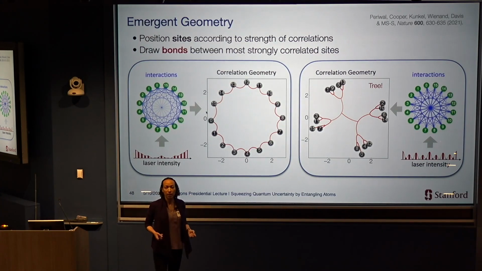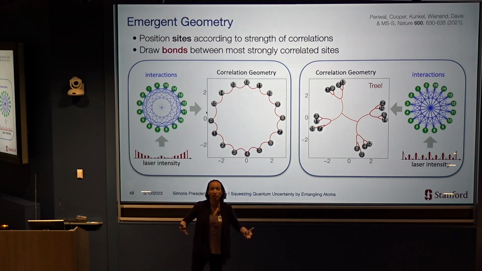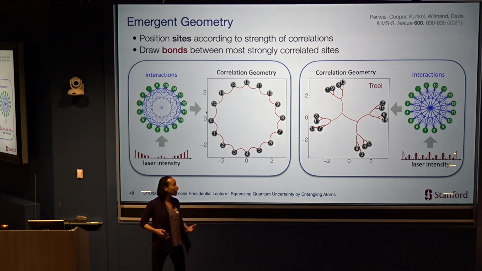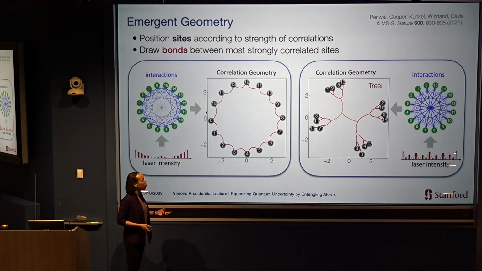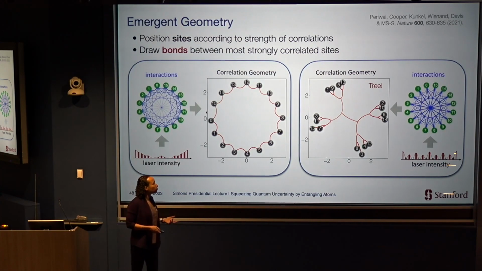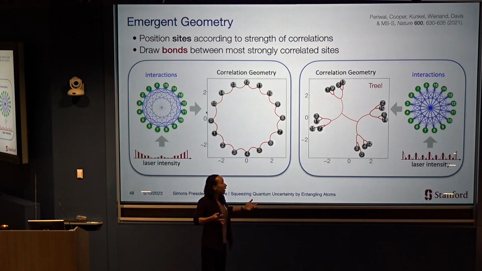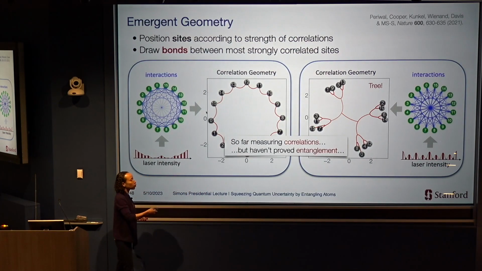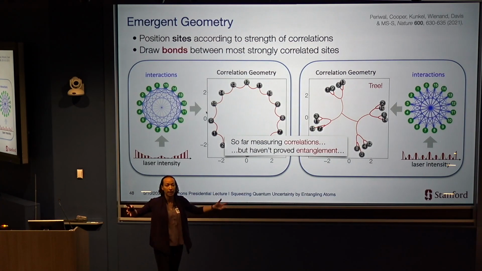So this is, to me as an experimentalist, this helped me sort of appreciate this notion of what it might mean for curved space and perhaps even gravity to emerge from quantum mechanics. Now, the conjecture is that gravity might really emerge from entanglement. So far, I haven't shown you entanglement. I've shown you some measurement of correlations in this system.